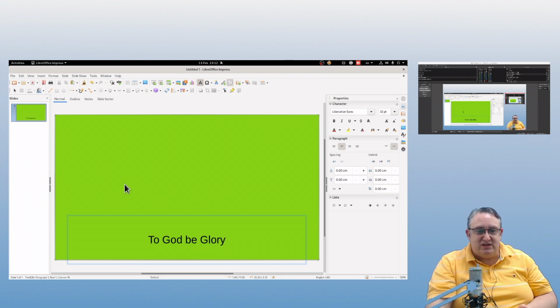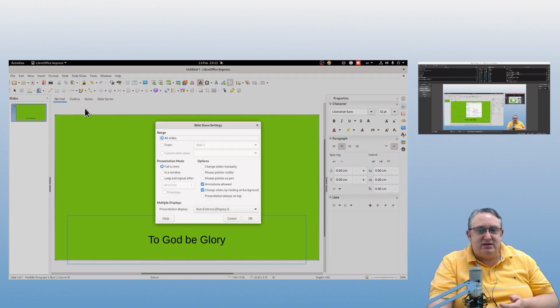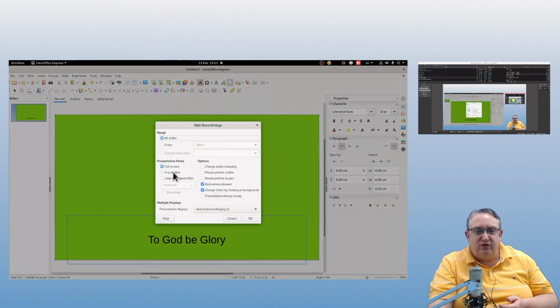So we've now got one slide. We're on a green background with the text at the bottom. You can imagine you can format the text any way you like. That's not a big problem. So what we're going to do now is go to the settings, and I want to